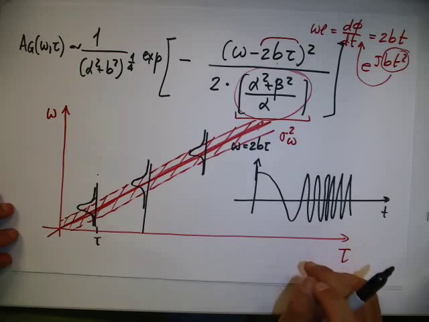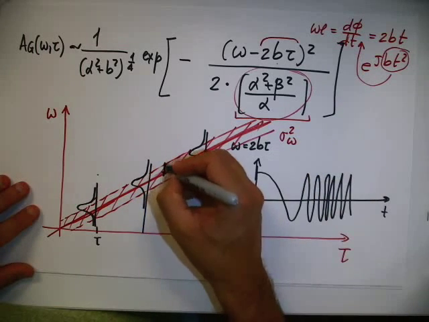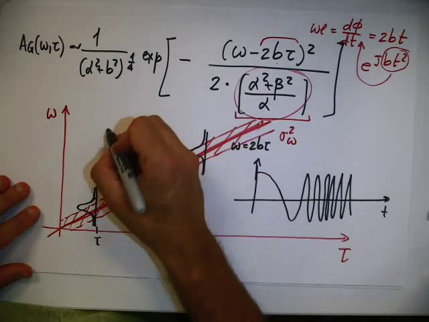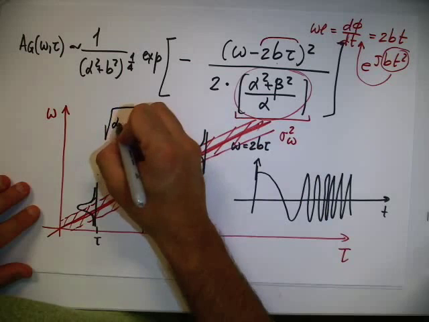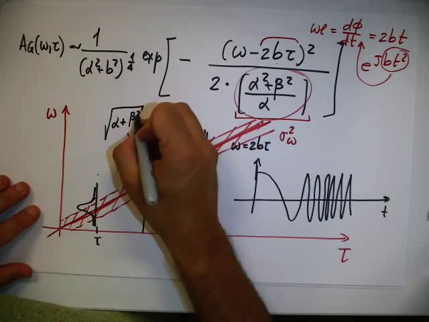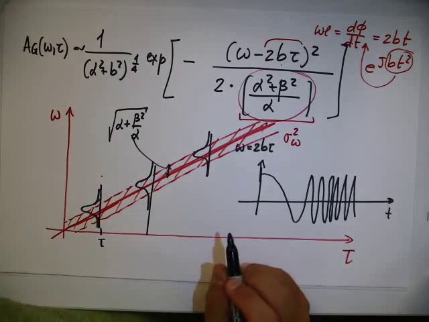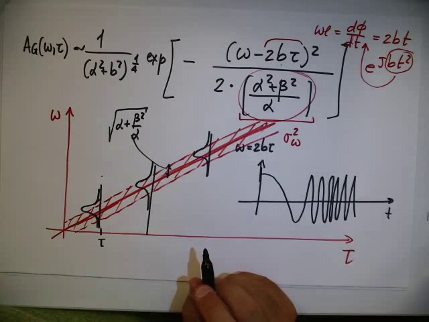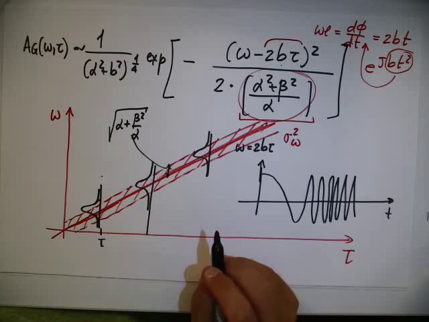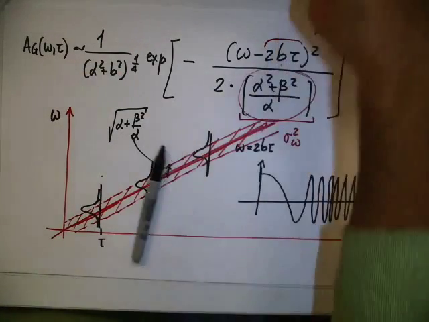And as you can see, the variance, this spread, is equal to the square root of alpha squared plus beta squared divided by alpha. And so you can basically compute it. And so as you can see, thanks to the Gabor transform, we were able to get this